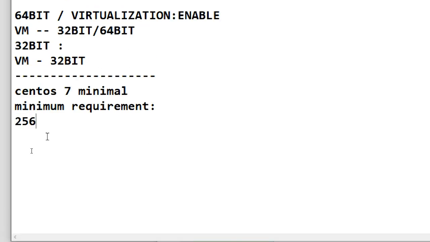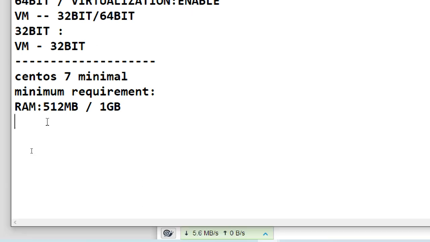If you use 256 MB RAM also, no problem. But I am recommending 512, a better running RAM. So for 4 GB people also, no problem. I am using 1 GB, so you can run 2 or 3 machines.